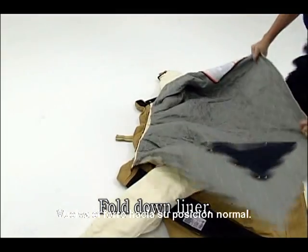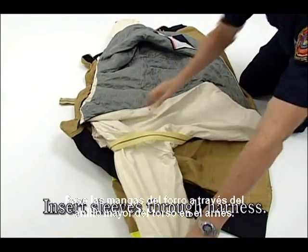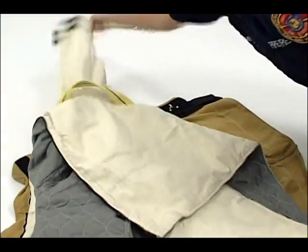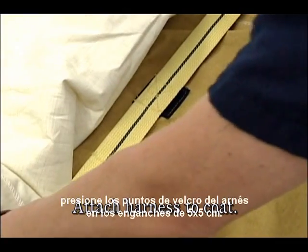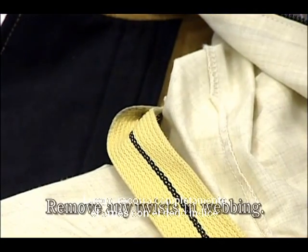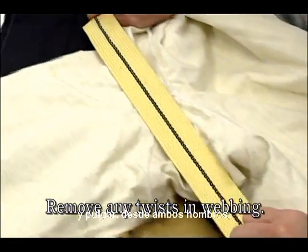Fold the liner down over the outer shell. Put the liner sleeves through the larger torso loop of the harness. At the lower back area of the shell, press the loop material on the harness onto the 2" by 2" hook piece. Then, place the DRD webbing between your index finger and thumb at the top of either shoulder and